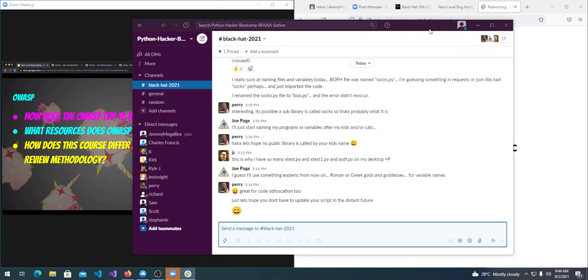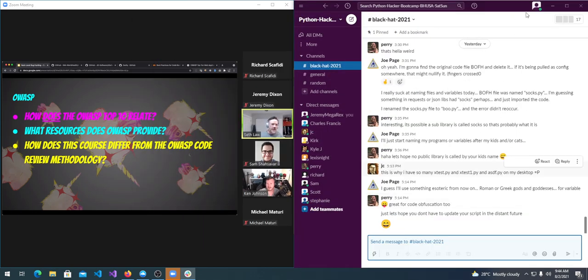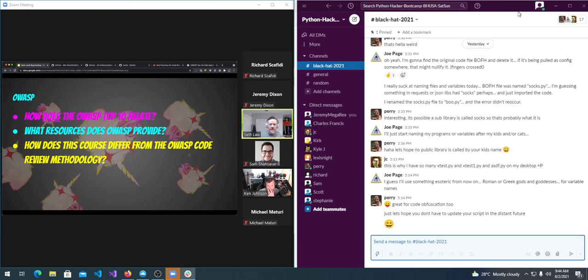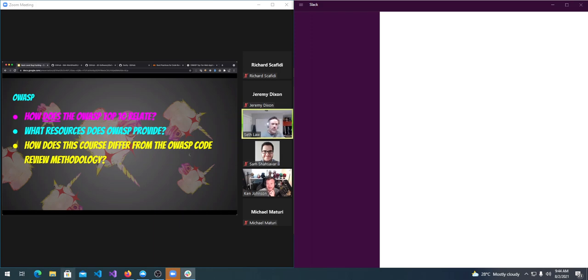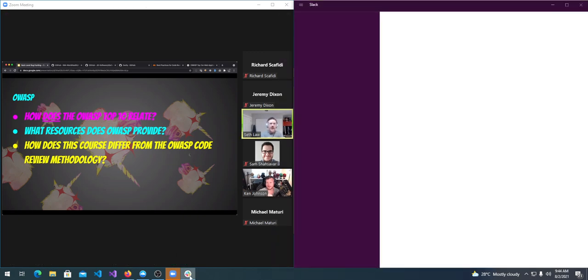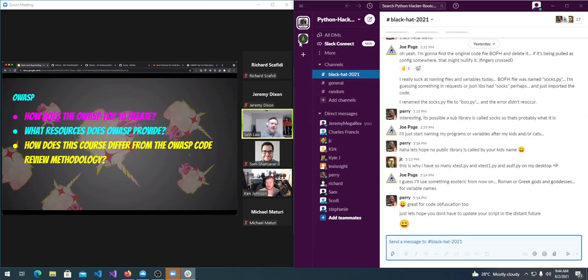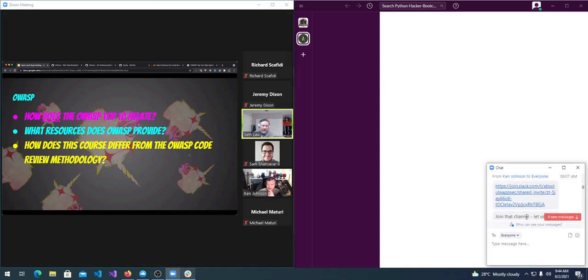OWASP does provide a lot of other resources you can use for code review, but we're going to highlight some tools outside of OWASP as well, and other checklists, reference documents and cheat sheets that are available. But OWASP does provide some of those. If you're looking for specific recommendations around Java or .NET, or a vulnerable application to exercise your code review skills in, OWASP is a good place to start,